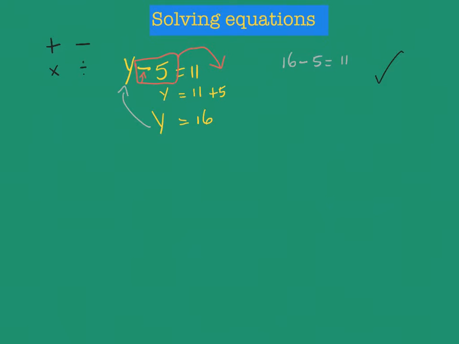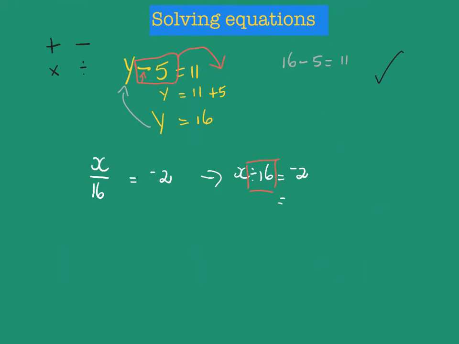Okay, so let's have another go. Let's say we have x divided by 16 equals negative 2. We could also write it like this: x over 16 equals negative 2. Some of you may actually find that easier to comprehend. So in this case, I will use this one. So here we have